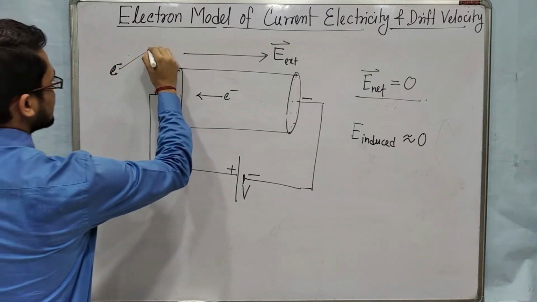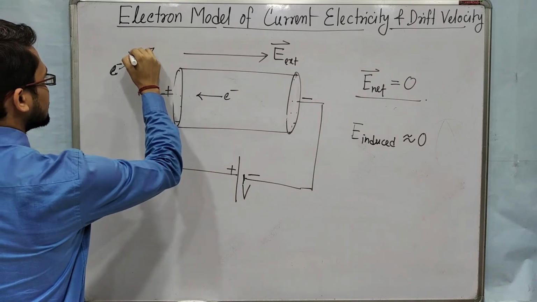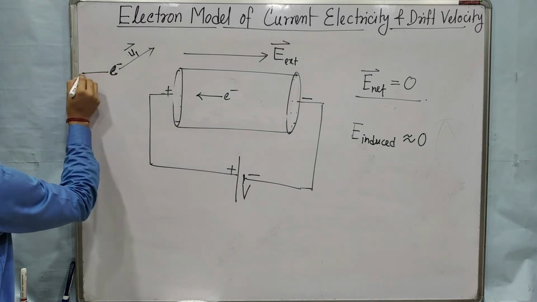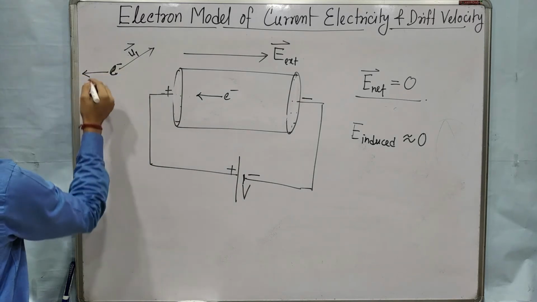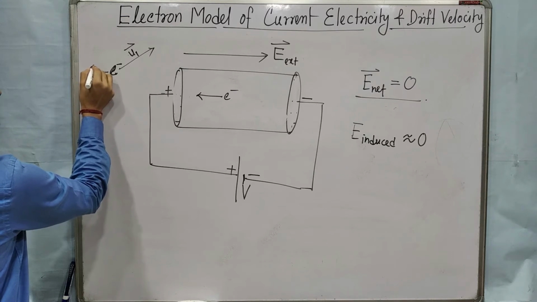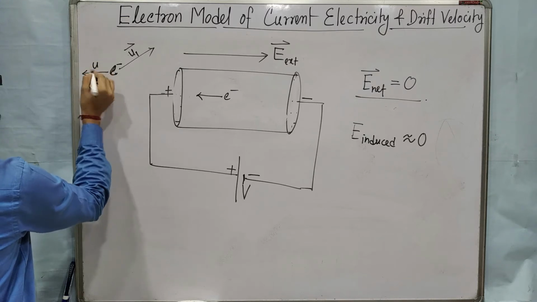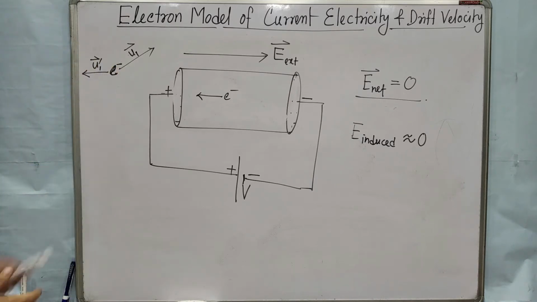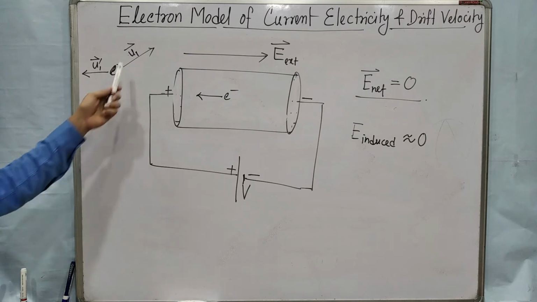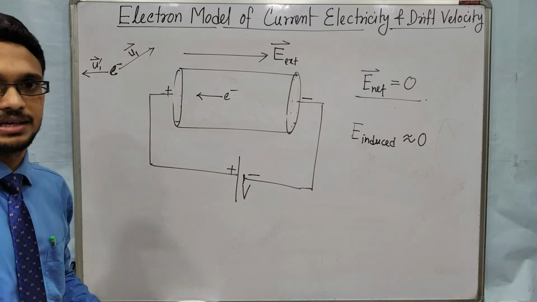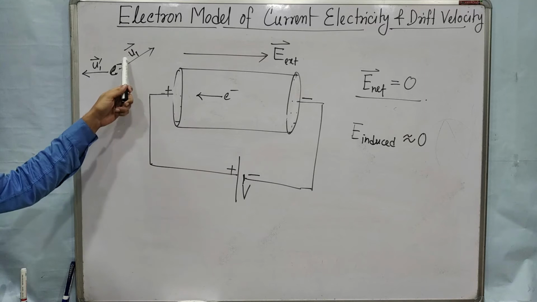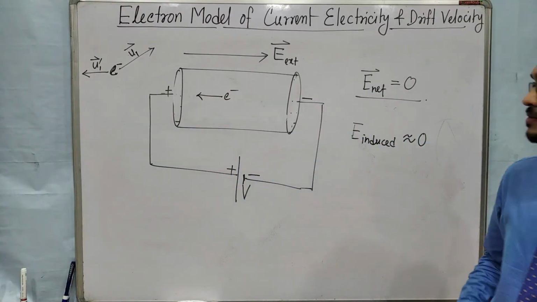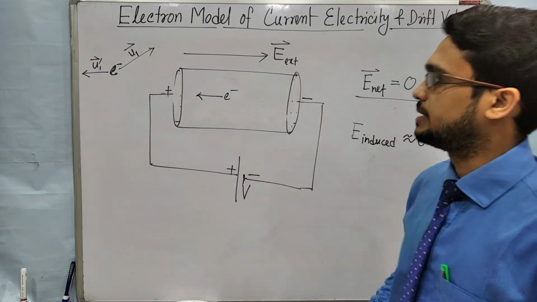One is thermal velocity, which is zigzag velocity, so u1, and at the same time, due to this external electric field, it will have a particular velocity in this direction, which is, suppose, u1 prime. We will calculate it. What is u1 prime? We know u1 is almost equal to 10 to the power 5 meter per second because of thermal velocity.